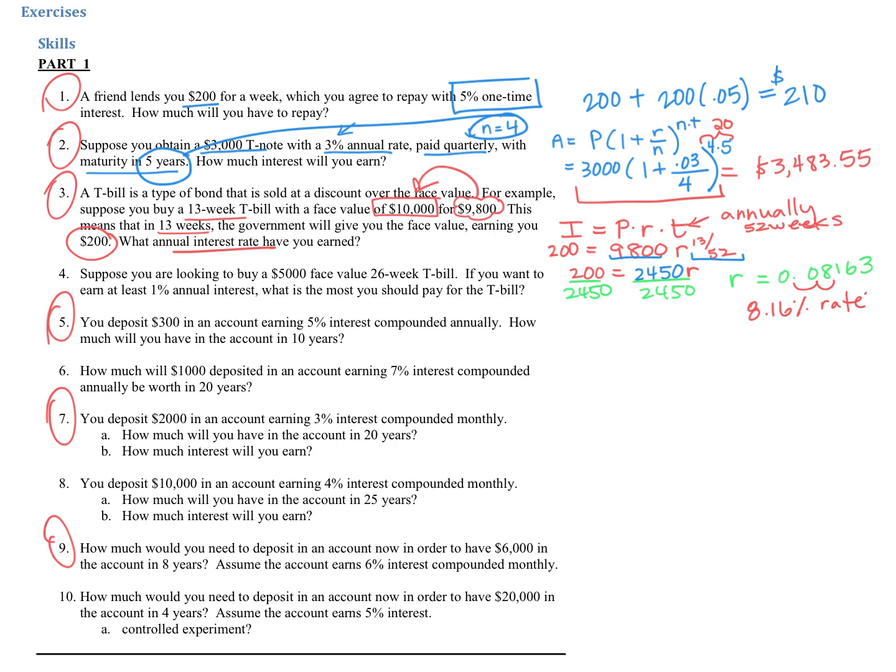Okay, for question number 5, now this one does say that we are compounding annually, and it says we're going to deposit $300. We got our interest rate, and we know that we're going to do that for 10 years. So we're going to use the formula to find the amount. We'll take our principal, which is 300 times 1 plus our interest rate is 0.05, again 5% as a decimal,